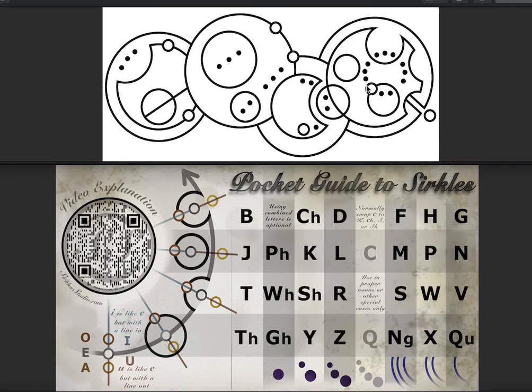Anyway, let's go ahead and read this in order. So you read bottom counterclockwise. So here is our first word, and this is the first letter of our first word. And this is a circle inside the word circle. So we're in this stem here, so it's a circle inside the word circle. And there is one line ending on it, so that would be an N. So an N here, and it counts where the line ends, not where they pass through anything. So this is the line counting where it ends, but not counting here where it passes through. So just one line. So N, and then we have an E on the line of the word circle,